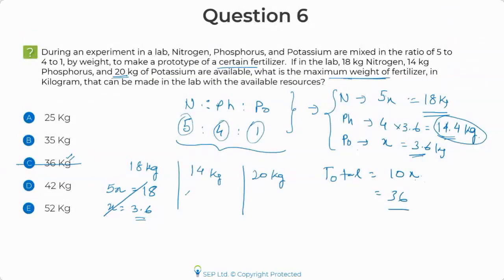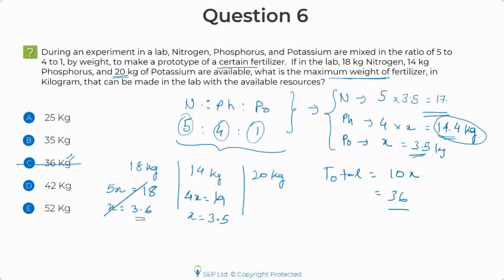So now the next step would be to think in this way. Can I have 4x? Can I use all of phosphorus? Here, if you do that, you'll get 3.5. Now, when you take 3.5, everything works out well. x is 3.5. You have 20 kgs of potassium, you can take 3.5, not a problem. If you take this as 3.5, even this is not a problem, right?